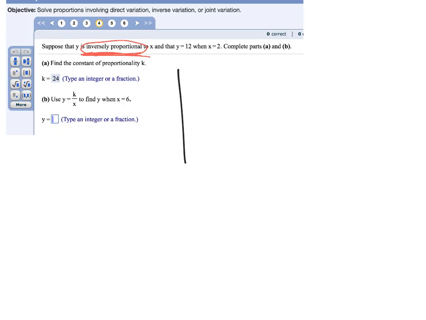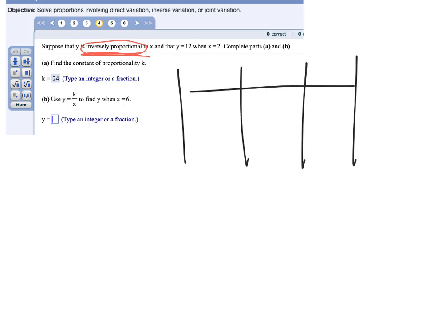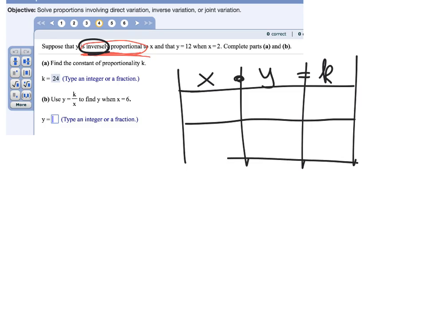So you still have a 3-column table, but when you're told they're inversely proportional, now you need to know that x times y is equal to k. It's a little confusing because you have the same letters, but now it's in a different configuration. So now it's x times y is equal to k. So we are told,